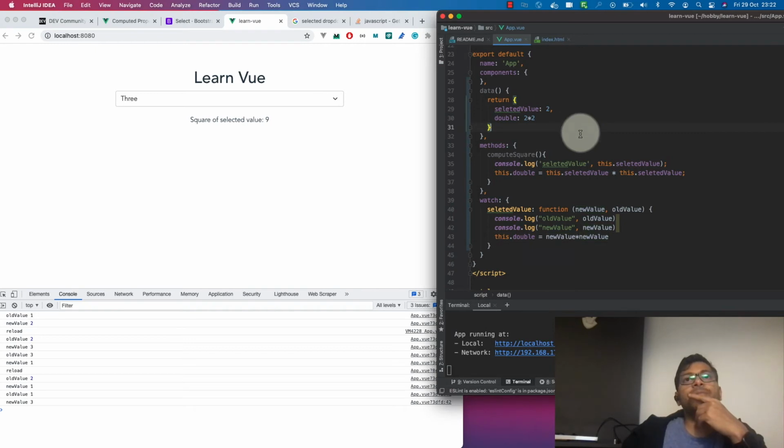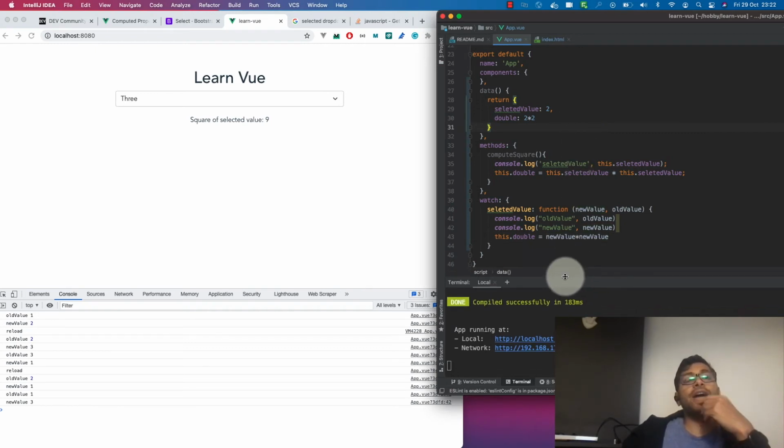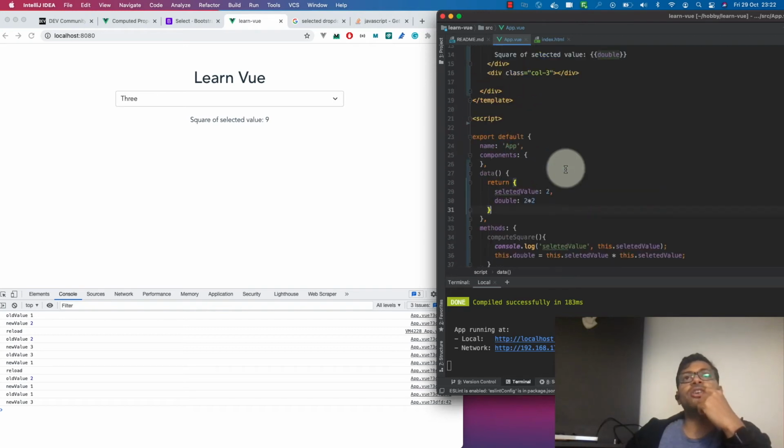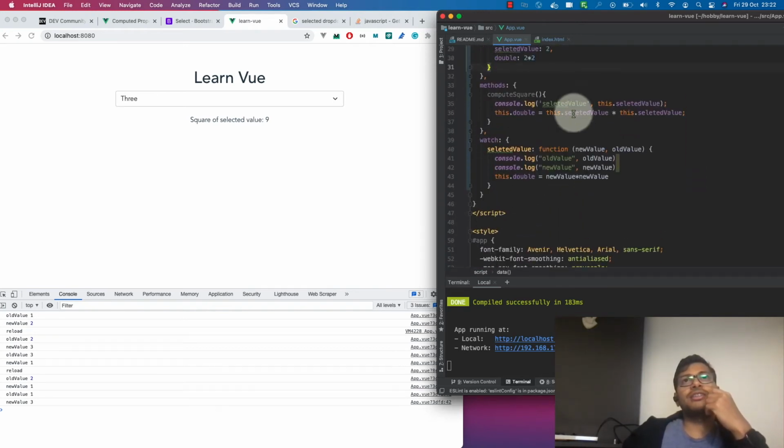So this is a simple function that you can use, and I hope you learned something from this tutorial, and how easy it is to use the forms and watch and these components, and this can help you speed up your development.